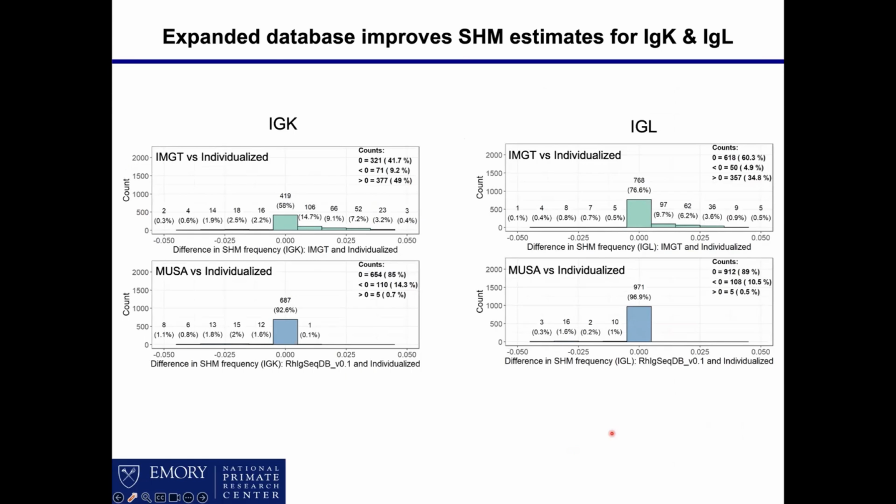Where the MUSA really, I think, makes a difference is with the light chains, and that is largely because there's still not a lot of light chain information out there. When we compare to IMGT, we were seeing that in most cases for kappa, almost 40% of the starting sequences were not identical to that in IMGT, whereas 92% of our sequences were exact matching, and this goes up to 97% as compared to only 76%. So we feel that the information here will help for the light chain estimates of somatic hypermutation greatly.